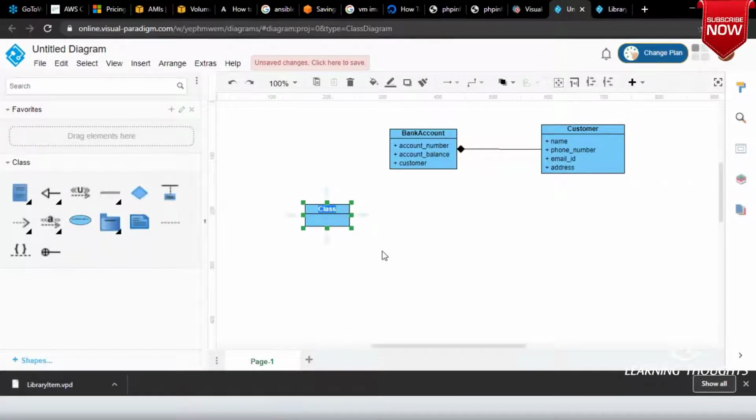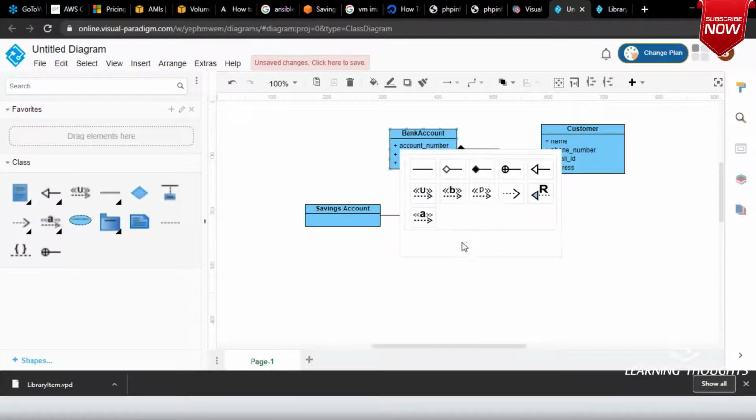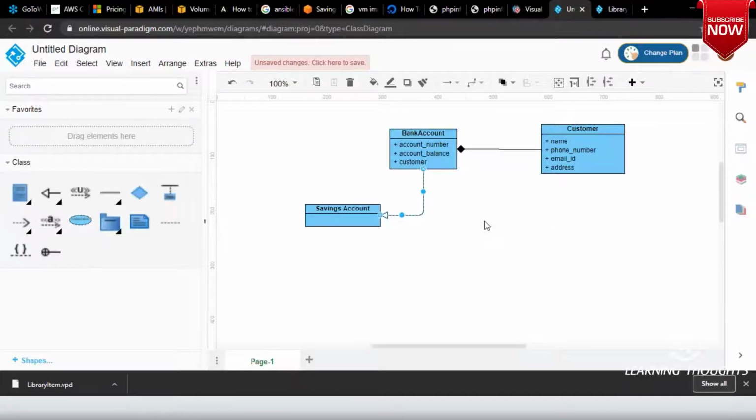Now I have an account which is called as savings account. Right. So savings account is basically generalized version of it. It is inheritance. Oh, sorry.